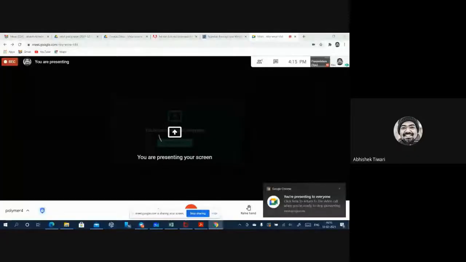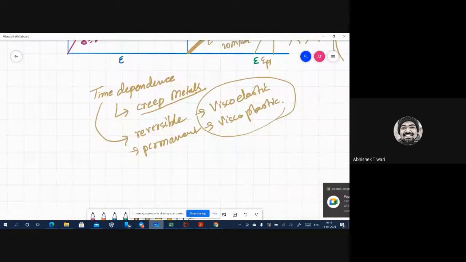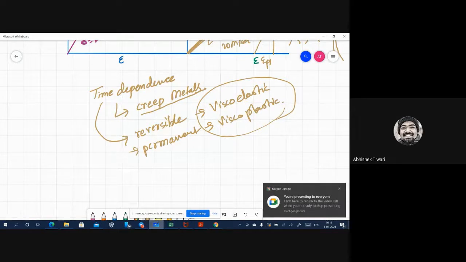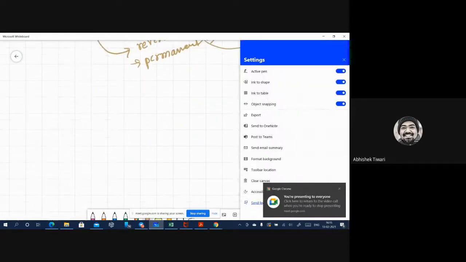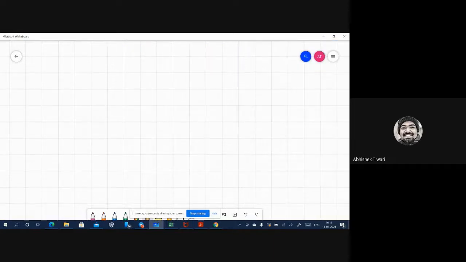So, in context to the polymers, there is a unique thing with the polymers about their molecular weight distribution. So, that idea I will be explaining now. So, let me start a new canvas. Okay. So, what we are going to discuss is the distribution